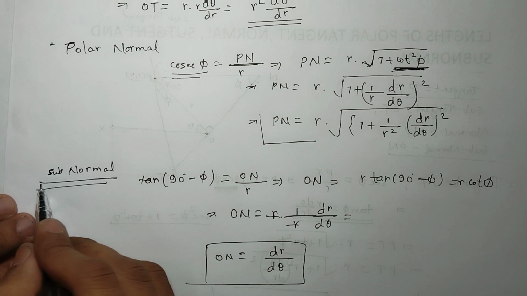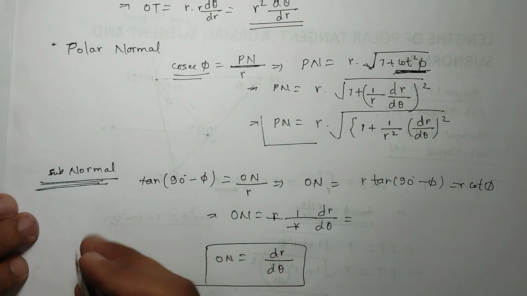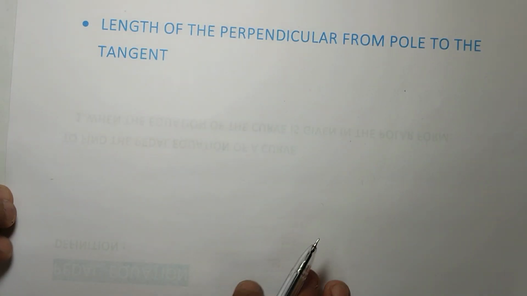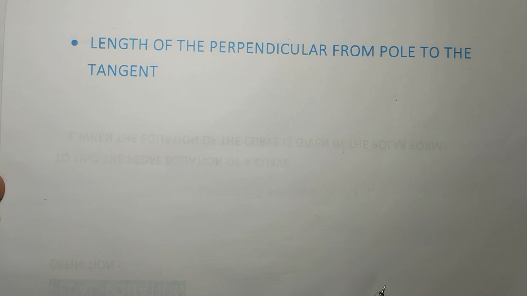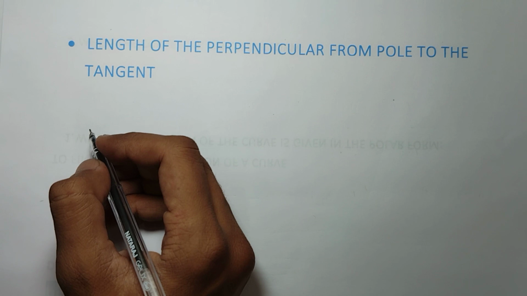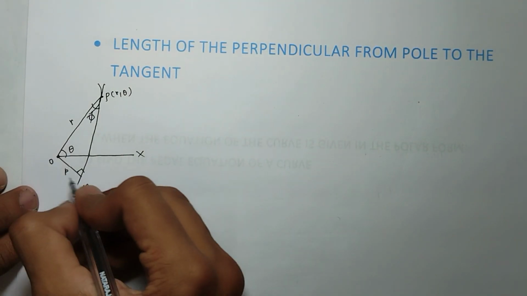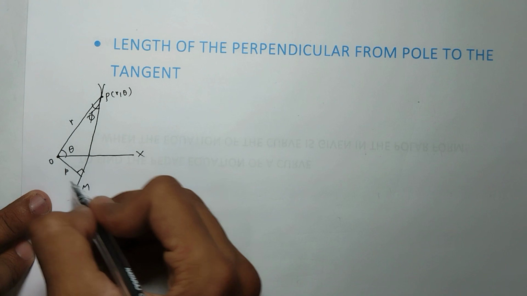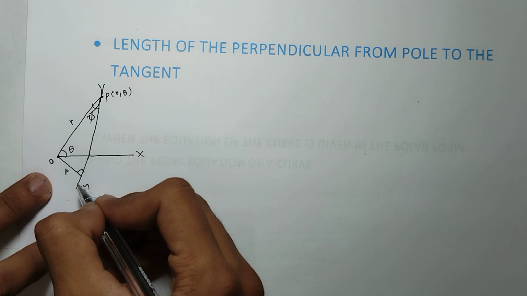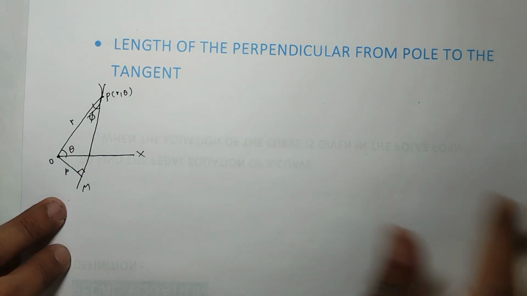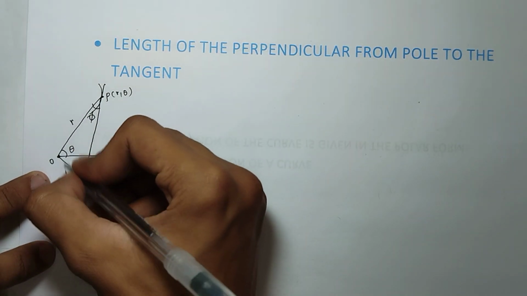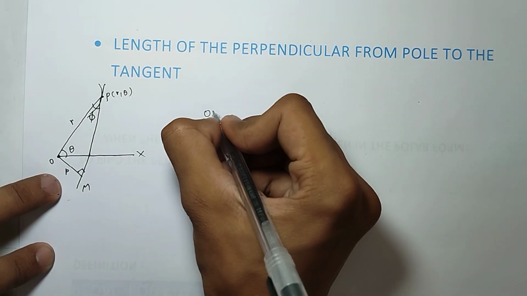So we have seen the length of polar tangent, subtangent, normal and subnormal. Now we move forward to the next topic, that is the length of the perpendicular from the pole to the tangent of a given curve. I pause the video to draw the diagram. Now we have to find the length of small p, that is OM, because this is the perpendicular drawn from the pole to the tangent. For this we use triangle OPM, in which we have to find p. Then I can write OM equal to